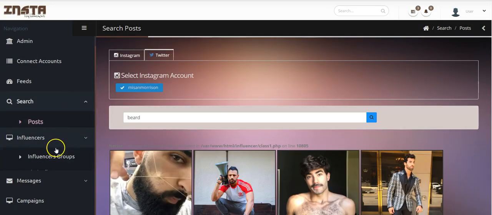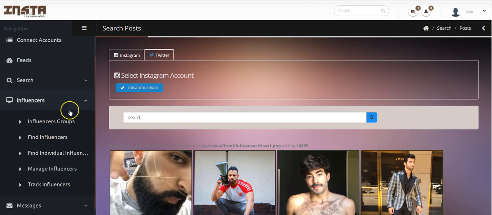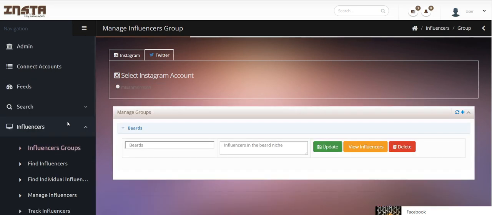So now this is the main meat and potatoes of this particular app, where we're able to find influencers in our niche. The first thing we want to do is come in here and click on influencer groups. Okay, this is where we create a group of influencers we want to contact. So for example, I've done this in the past. I select my Instagram account,